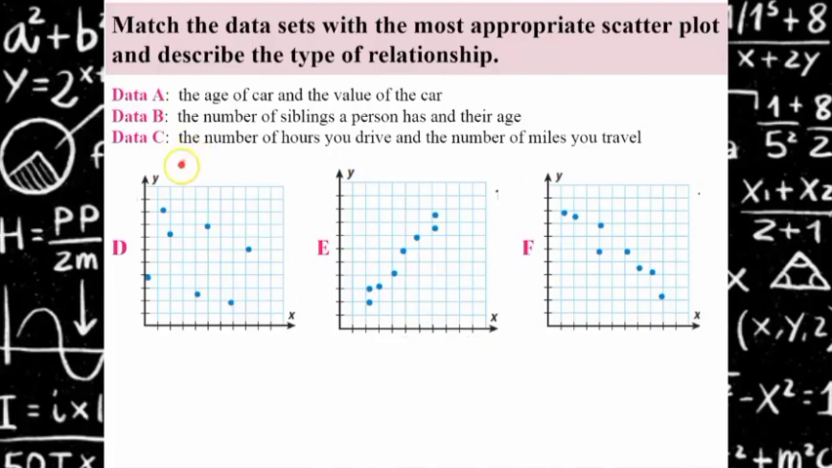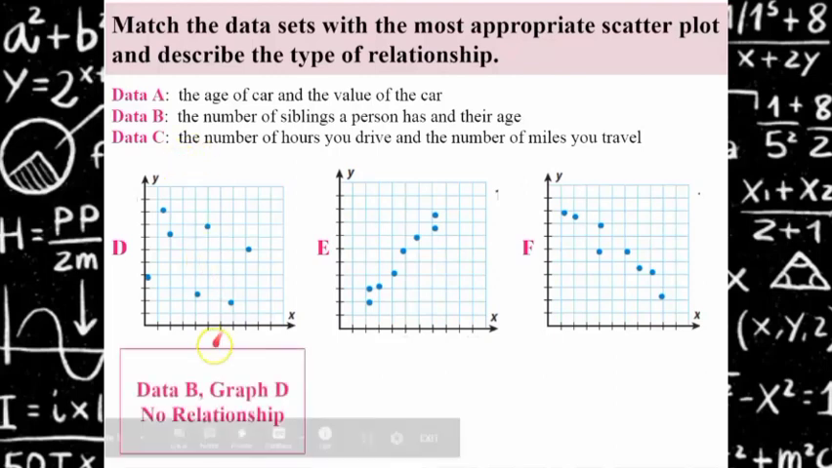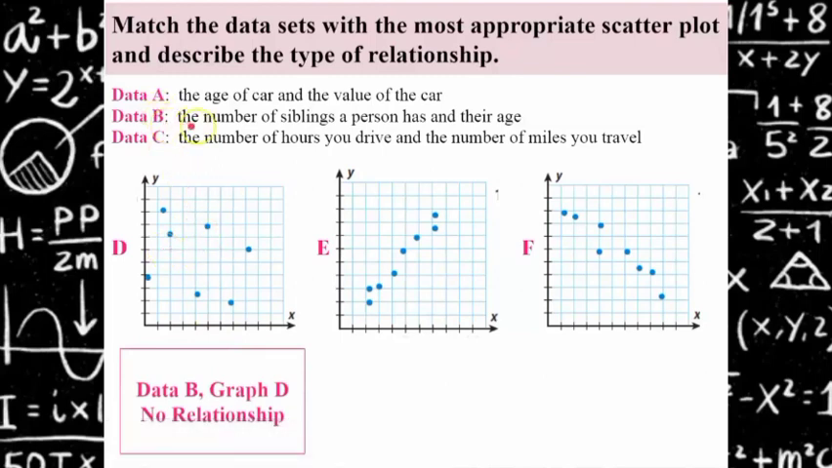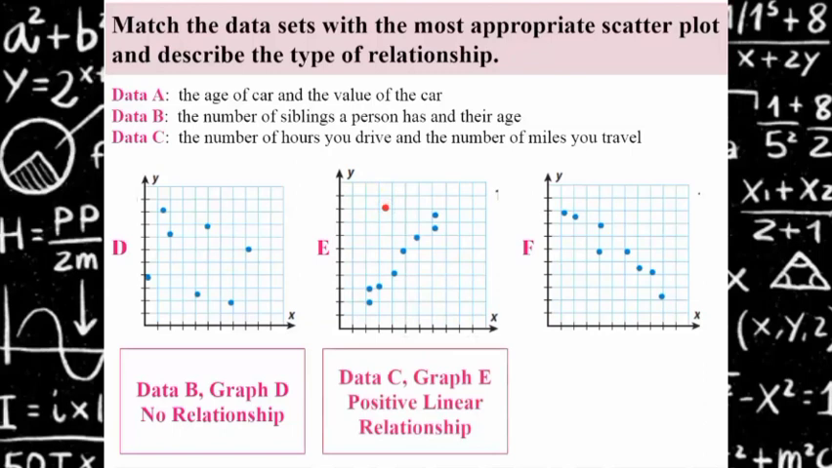Welcome back. So first, let's look at graph D. That would model the data from B, the number of siblings a person has and their age. There's absolutely no correlation between the number of sisters or brothers that you have and your age. Graph E would show the number of hours you drive and the number of miles you travel. So the more hours you drive, the more miles that are covered. That would show a positive linear relationship. Both